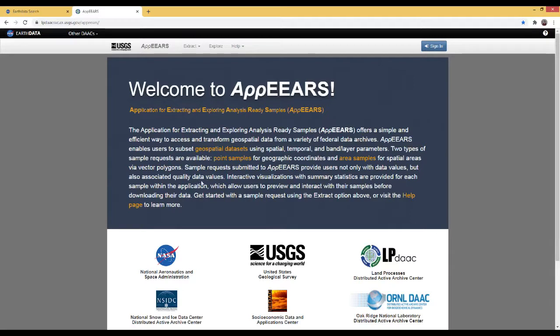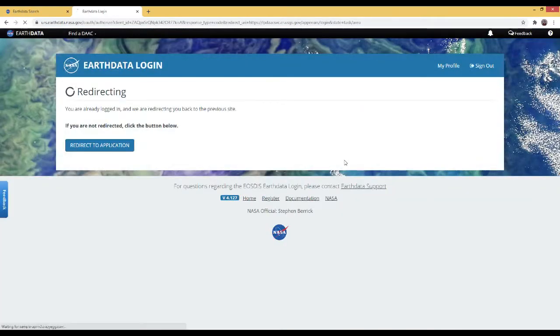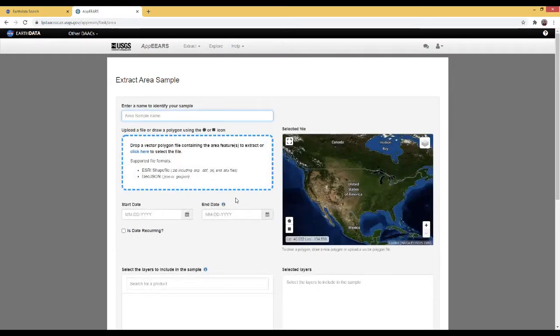Okay, so in this case, I will download the SMAP data as well. So I will select this area samples. If you click this one, you are redirected to this AppEARS search page. So, extract area sample. I will start with this new request. On here I will enter a name to identify your sample. So I will use SMAP